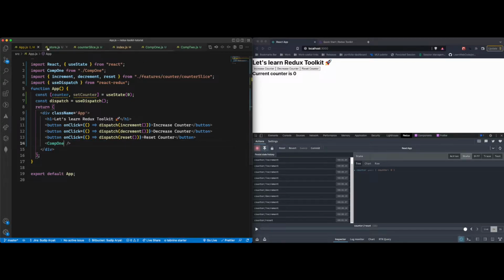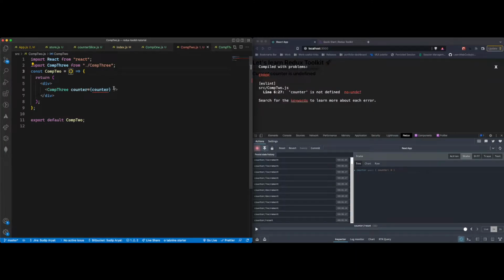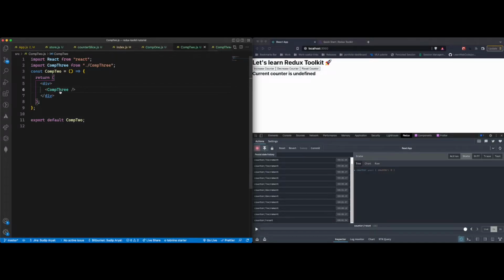So now we can get rid of this counter variable from here. Let's get rid of that. Now I want to go to component 1. Let's get rid of this counter from here, and we don't need this prop as well. Let's go to component 2, get rid of this counter prop. We don't need to pass that counter here as well. Let's go to component 3. We don't need props here,